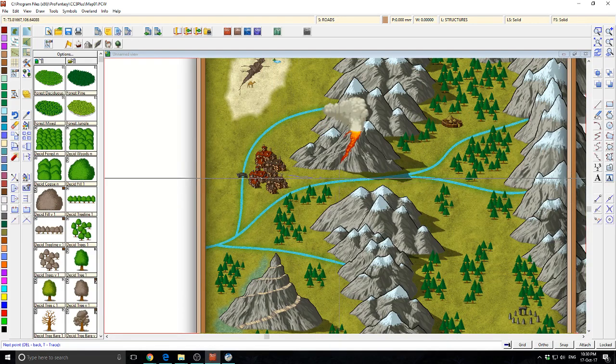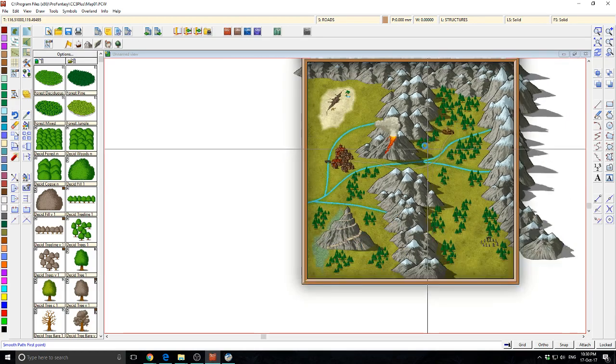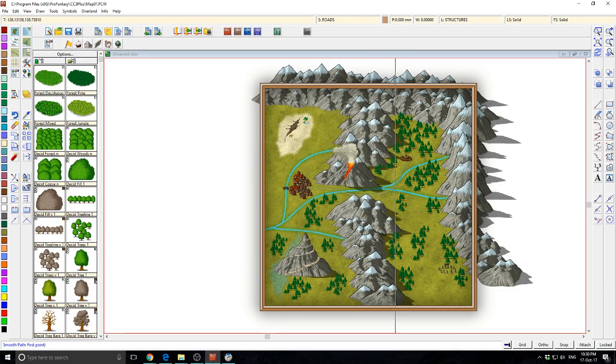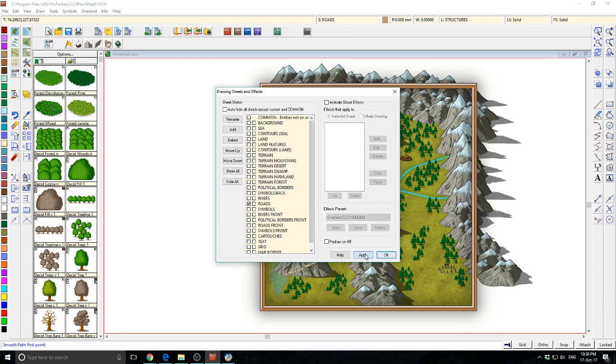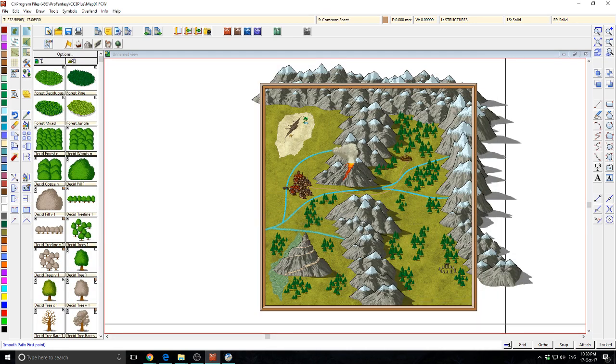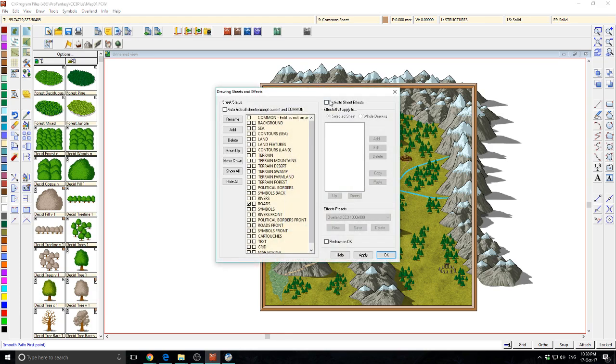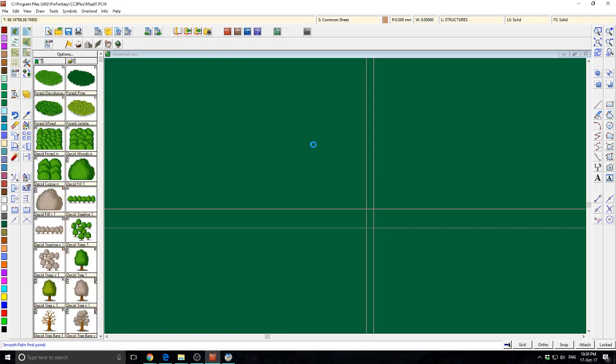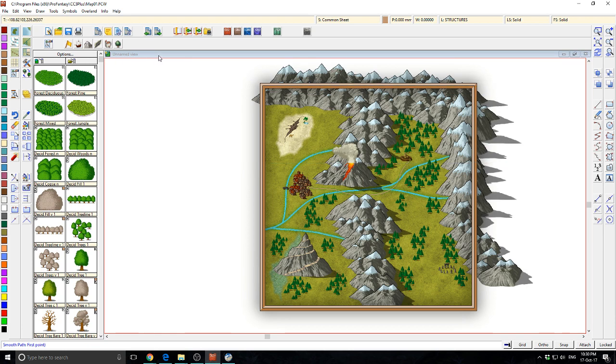I'll put a little road from one to the other. I was actually doing that with sheet effects on, by the way, so just to show you what it looks like with sheet effects off. That's what it looks like with them off, and then sheet effects on looks like that. So it just makes things take on their sheet effects and look a little bit more professional. But yeah, that's how to create a basic map in CC3 Plus